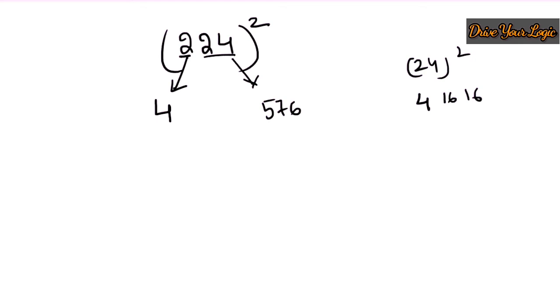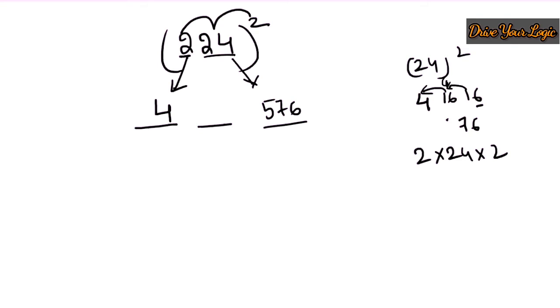So while writing, you will write a single digit. Okay, so this one will be carried forward, one will be carried forward. So 6 here, and then 16. The 6 plus this one will be 7, and this one will be carried here. So it will be 576. So that's 576. Okay. Now you have to multiply 2 into. What will you multiply? 2 into 24 into 2. This is the middle part.